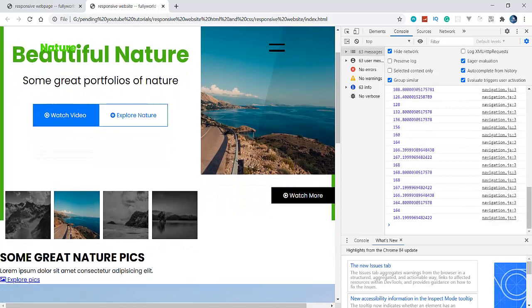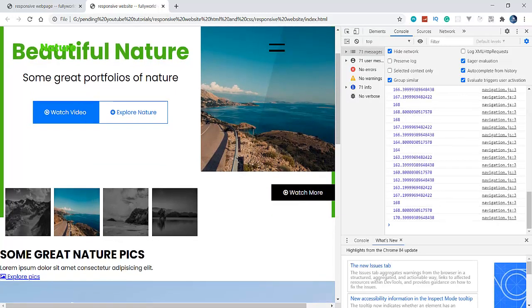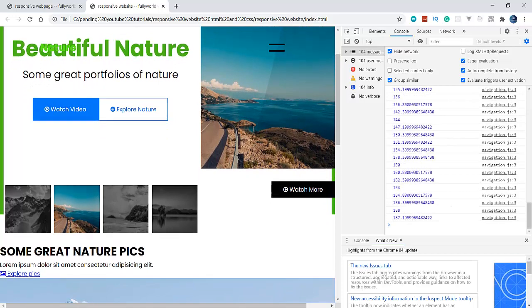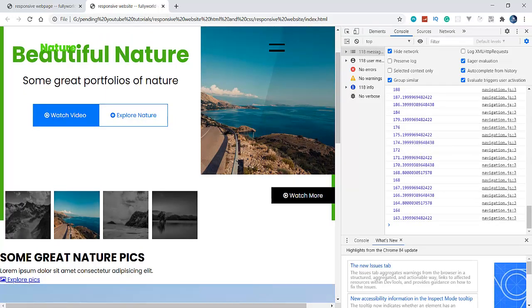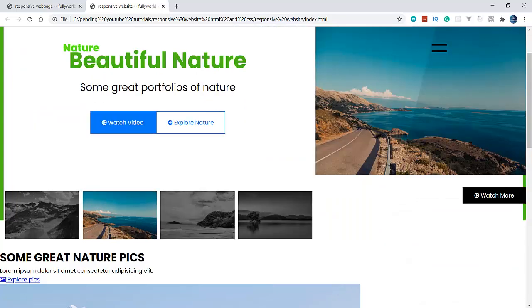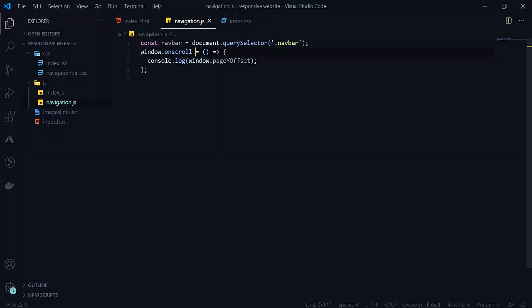So now what do we want? We want it to work from here, when pageYOffset will be greater than 163. Then we will add our class as active. So here we will write an if condition.